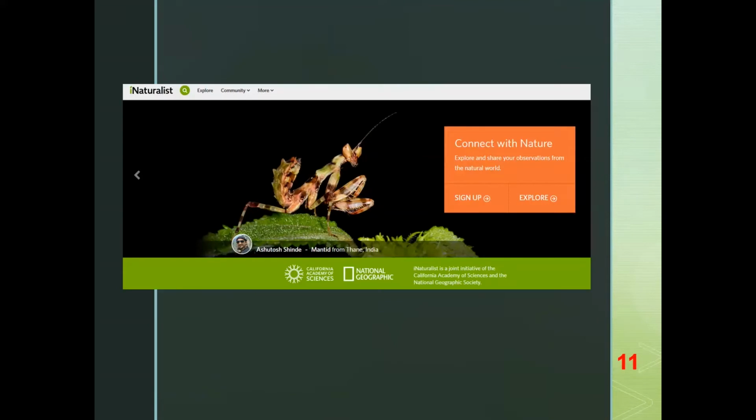Another great way to learn about natural history is with the iNaturalist app. And this is a collaboration between California Academy of Sciences and National Geographic, where they put together this platform that contributes to a huge global database.